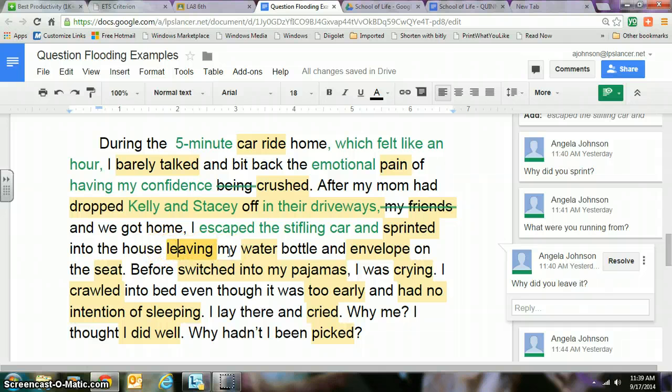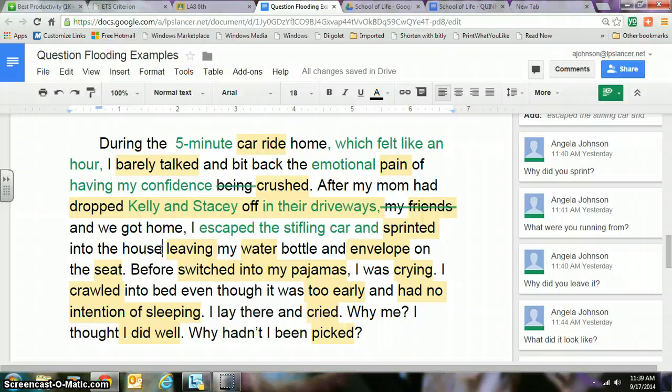Leaving my water bottle and envelope on the seat. So how can I say that I left it because I was too preoccupied? Any suggestions for me? I escaped the stifling car and sprinted into the house